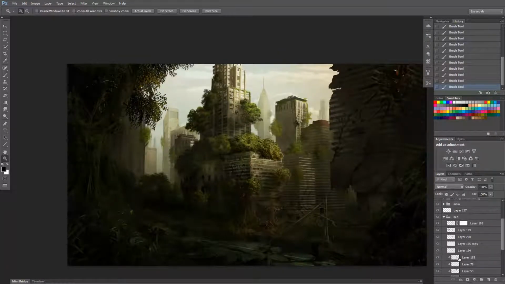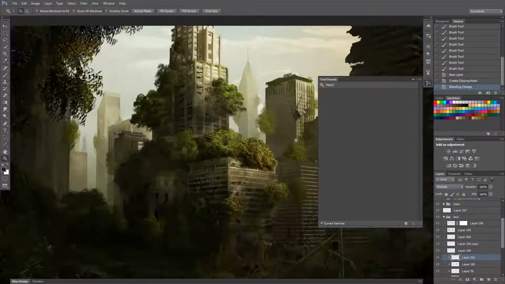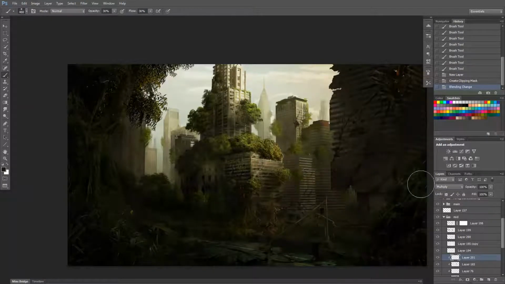So just start to create a new layer on top of the background building, and start painting some shadows that are being cast from all the trees. Those are pretty subtle,